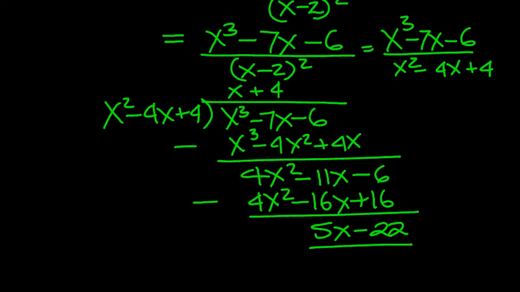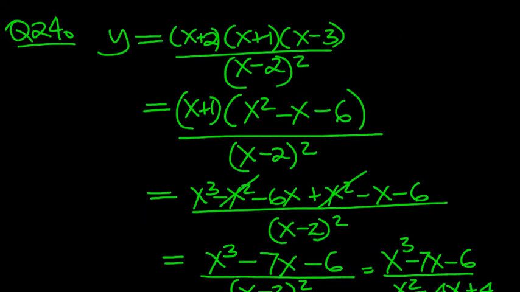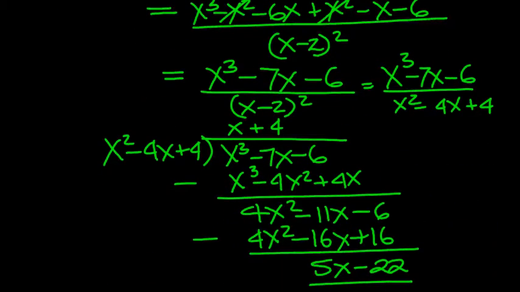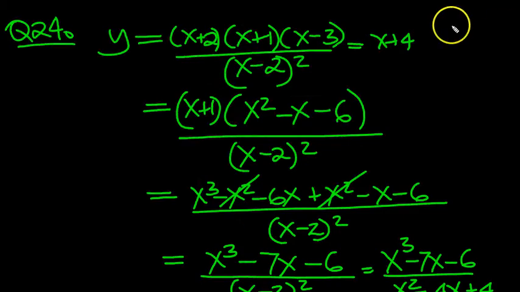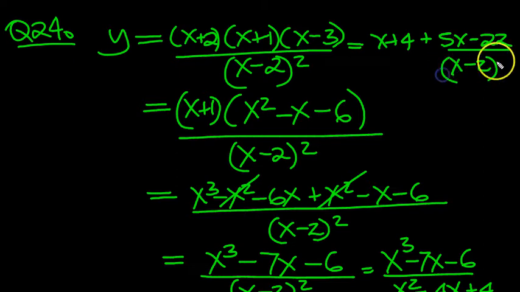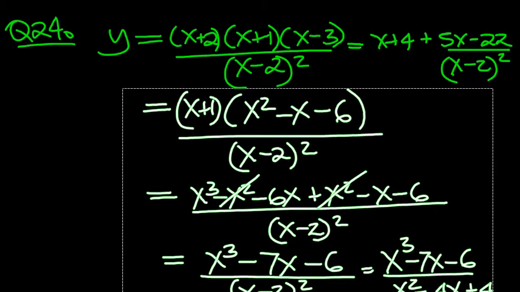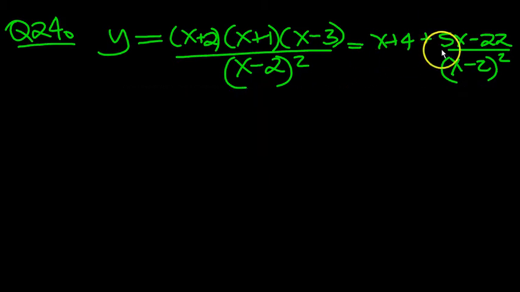And it goes in x plus 4 number of times. So this is equal to then x plus 4 number of times plus our remainder, which is 5x minus 22, 5x minus 22 all over the denominator x minus 2 squared. So now we've got that from our long division. We can just get rid of the stuff we were working on because we now got what we wanted. So let's have a look at the